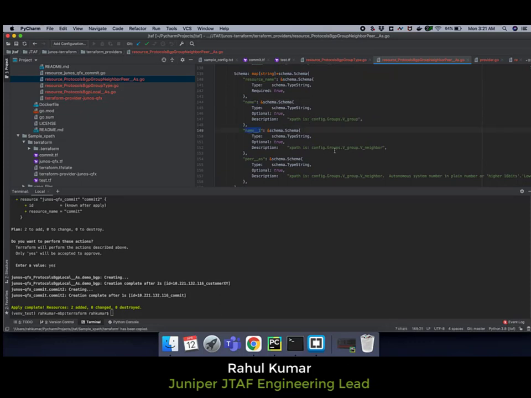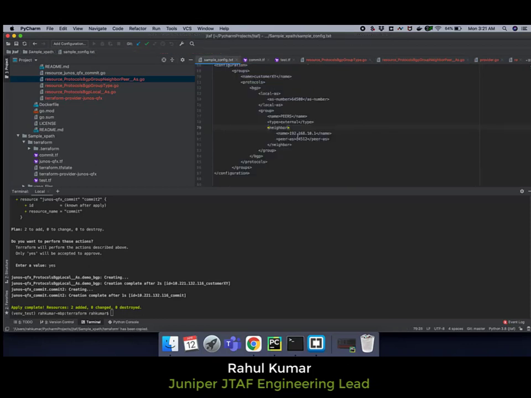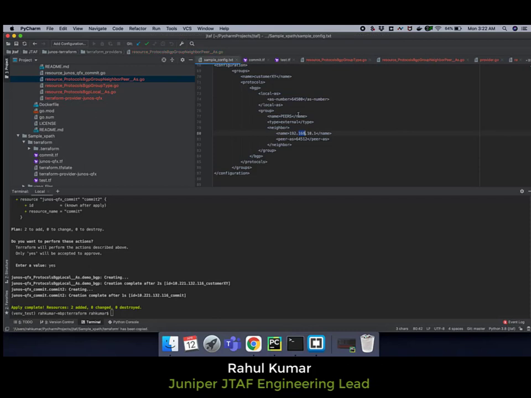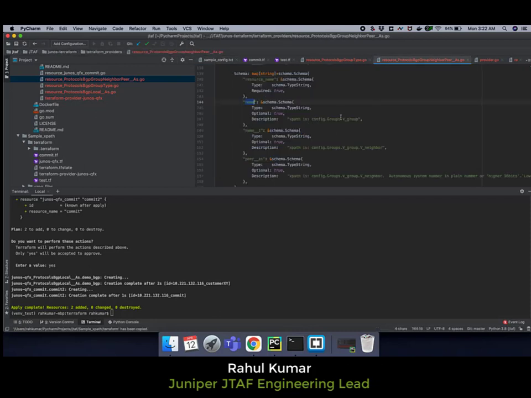Name underscore one is for the neighbor. This is where we will configure this part, and this is where we will configure this. We append v underscore to the element name because Golang has some specific fundamental rules under which some of the Yang names are not supported.